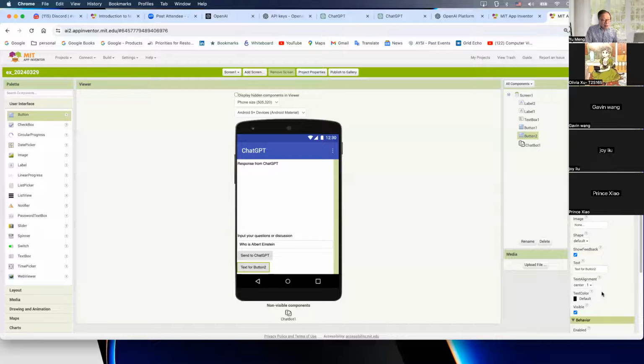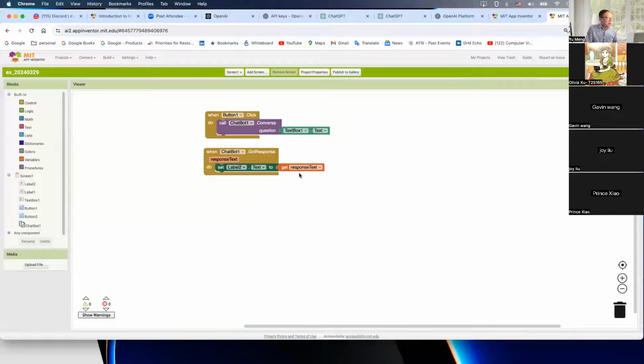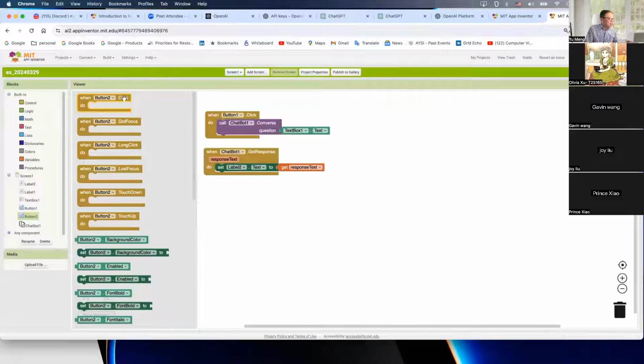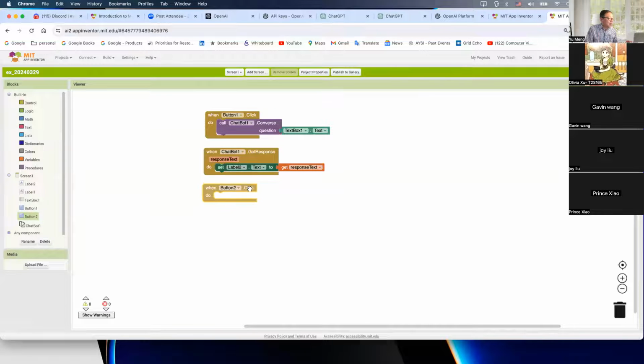And this button, we want to say go to Dall-E. Okay, so this button is gonna go to Dall-E. So what we do is we're gonna add another one, whenever the button is clicked, we're gonna jump to the next page, to the other screen, to the screen